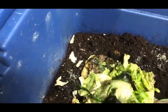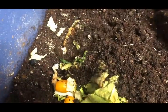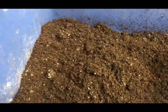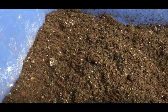So what I do is, even though you can see that some of this is really starting to decompose already, what I typically do is I keep my compost bucket in the refrigerator because I don't want to feed moldy food to my worms. I don't know that that would harm them at all. I just don't want to do it. So I keep the compost bucket in my refrigerator, and whenever I clean vegetables, like you saw cucumber peels and lettuce and things like that in there, I just throw it in the compost bucket in my fridge, and then when it gets full, I bring it down and feed it to